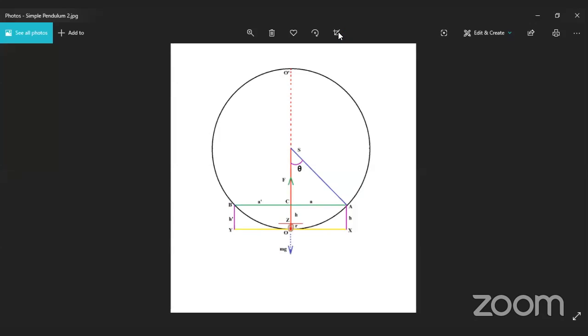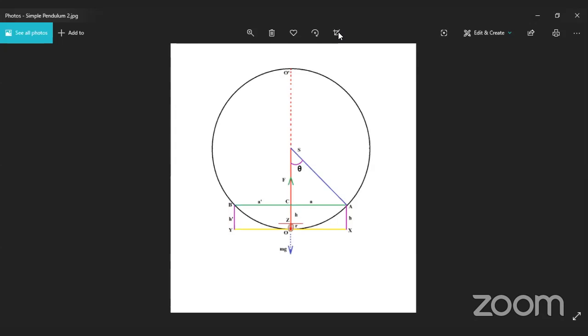At the point O, the bob is visible. And from O to A, I have lifted the bob, and from the ground it is lifted by a distance h. You see that the pendulum is suspended from the point S, the center of the circle whose radius is SO, meaning length L. If you draw the full circle, the point opposite to O is O prime, which has the length twice L.